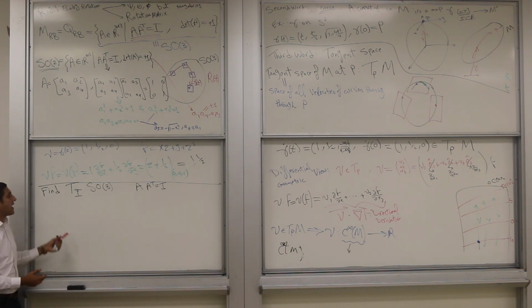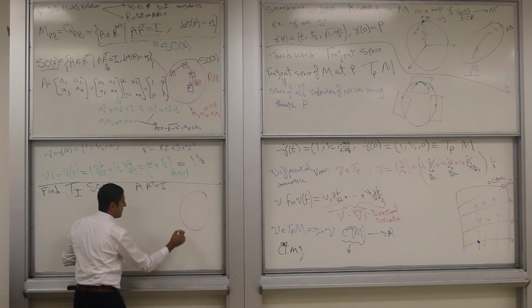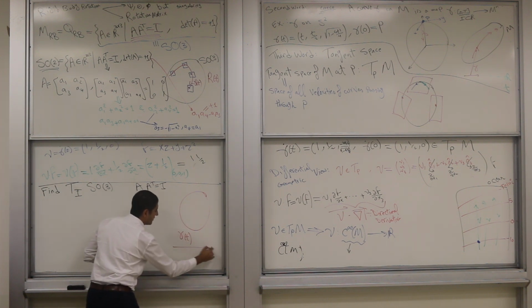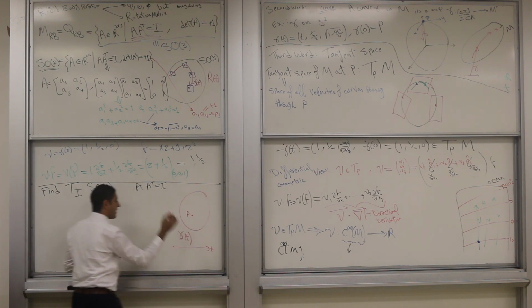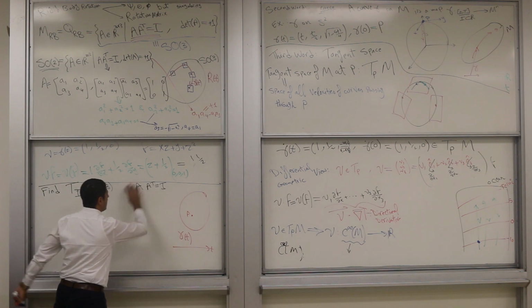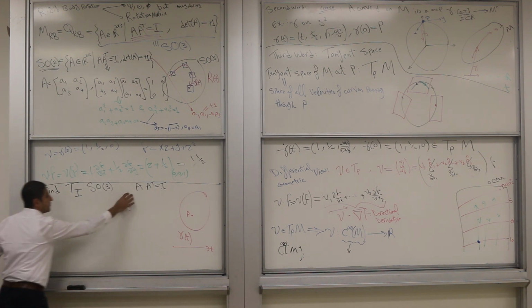So maybe here is your space, and I would have gamma of t, that at any t gives you a matrix here, right? And since the matrix is here, it has to satisfy this equation. Okay, this is the curve, and I want the velocity of that curve. So let's differentiate this equation to get